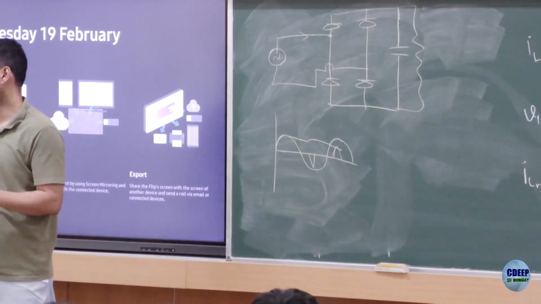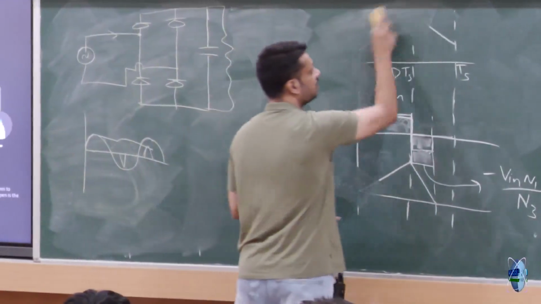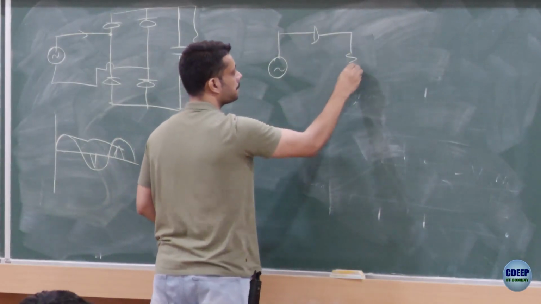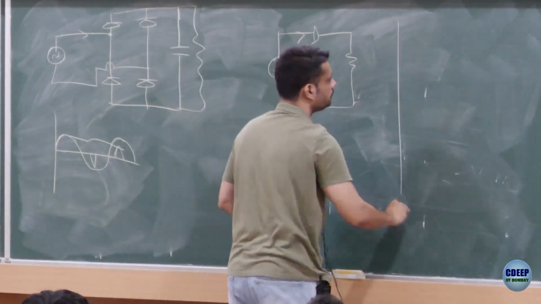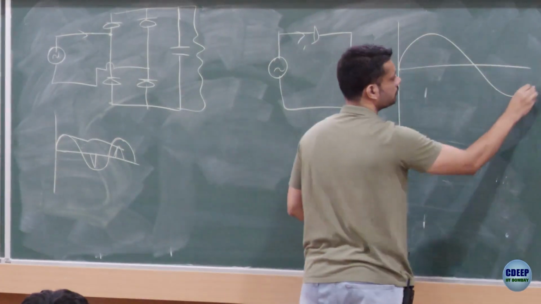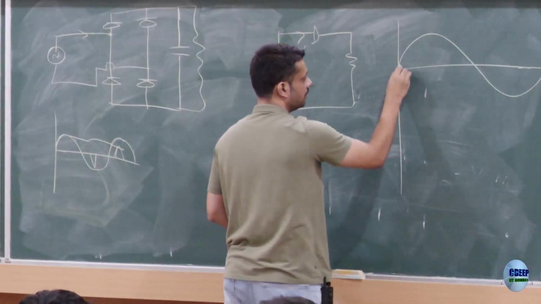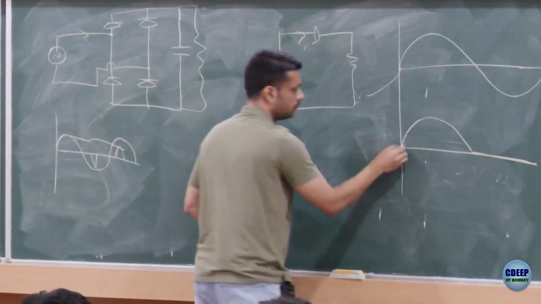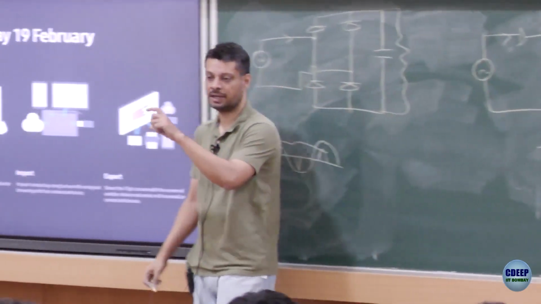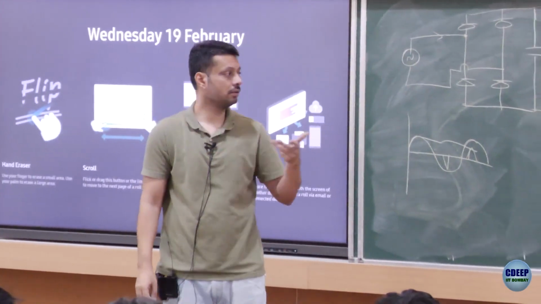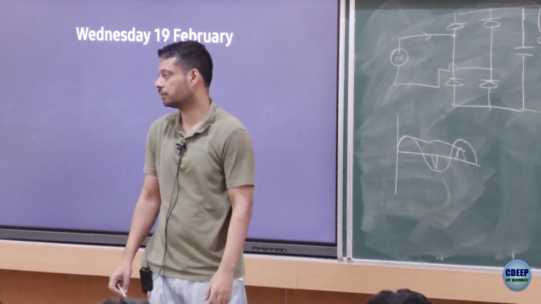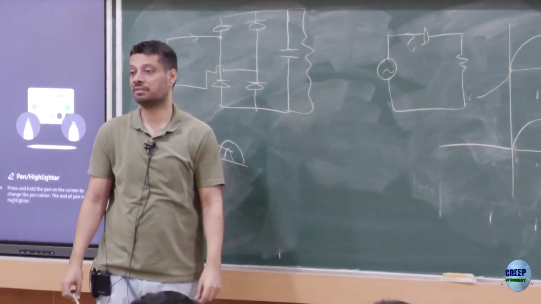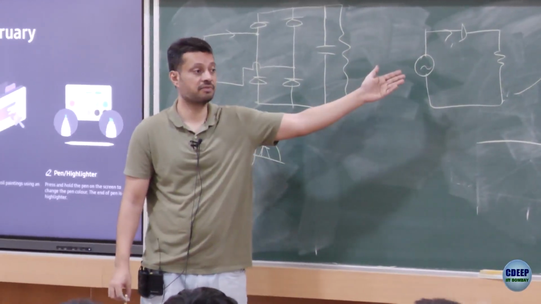Can you give me one example where it would not be half-wave symmetric? Yeah, if you have a half-bridge rectifier. The voltage is half-wave symmetric, right? What about the current? Current is not half-wave symmetric. If you shift it by pi and if you invert it, you won't get the same waveform, right? So only these half-wave rectifiers don't have half-wave symmetric currents.